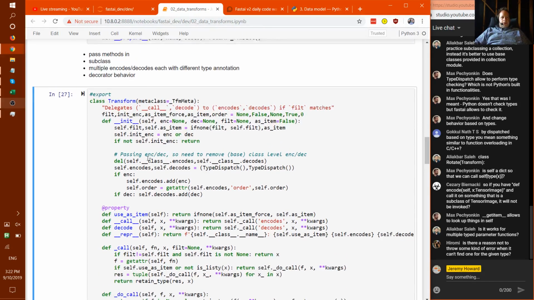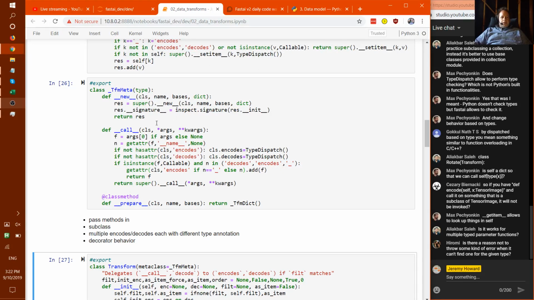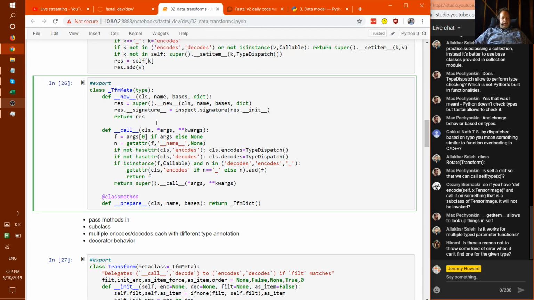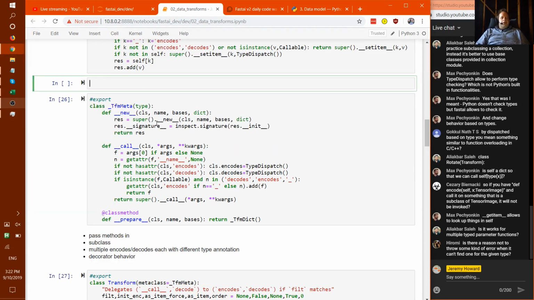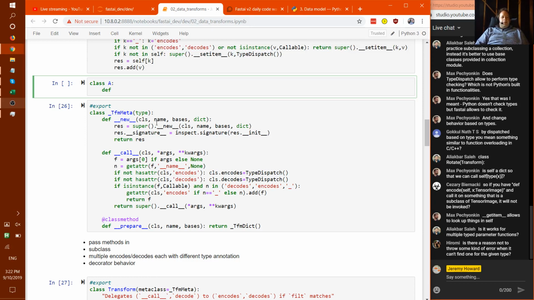Okay, so that's that. There's one last piece, which is dunder new. So this is the thing that first gets called when you're creating a new type. And one of the things I discovered, which is super annoying, is that if I create a new type, like so, any kind of type, even without being a meta type, and I define a dunder new, like so,